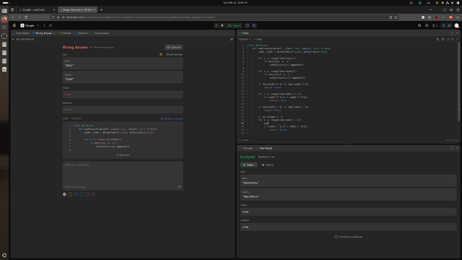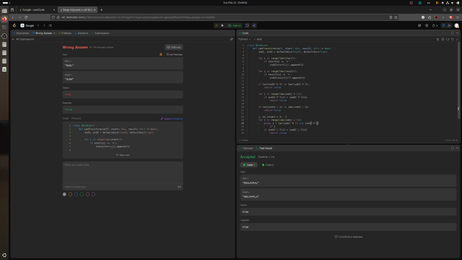So what do we want to do? While j is less than len int2 and j is less than int1 R